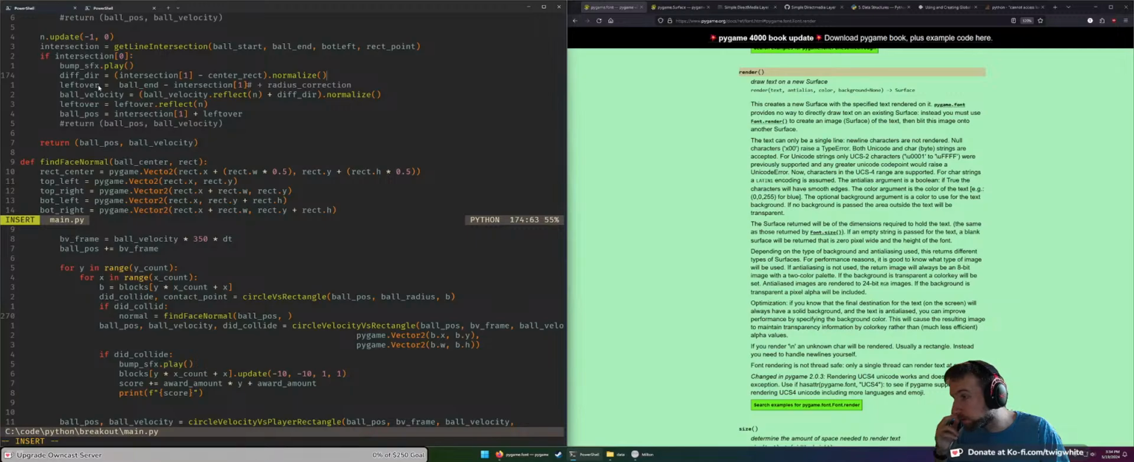Oh, this is player. Yeah. So maybe this returns the normal and the intersection point, and then we know we have a collision, so we have to